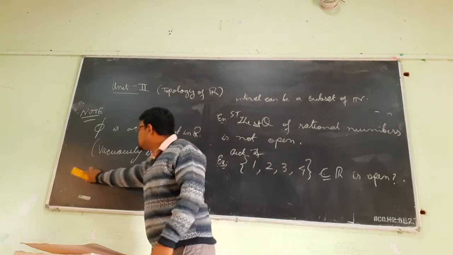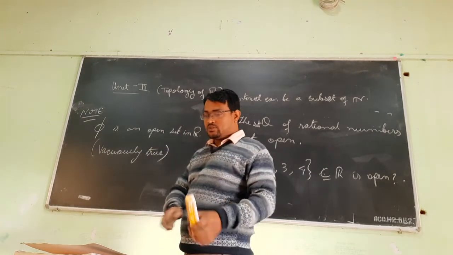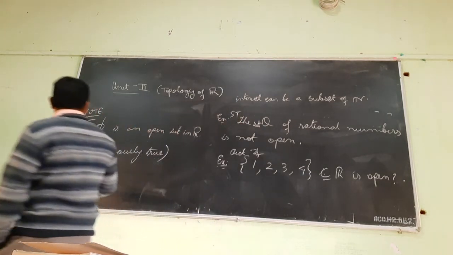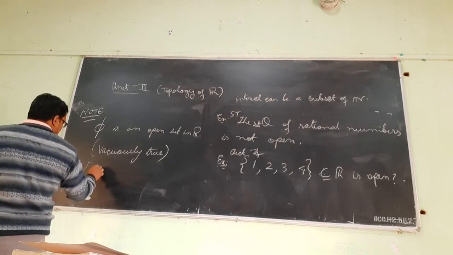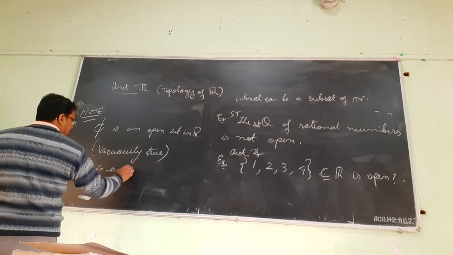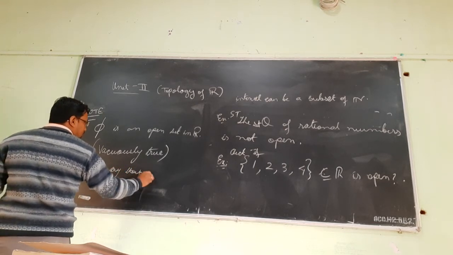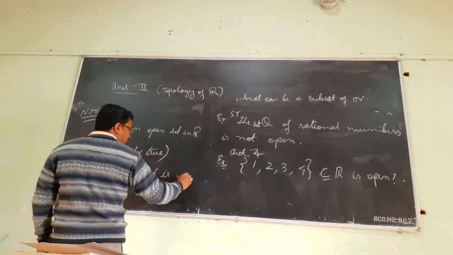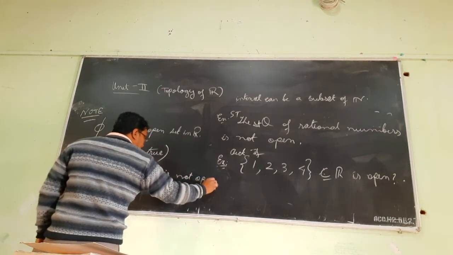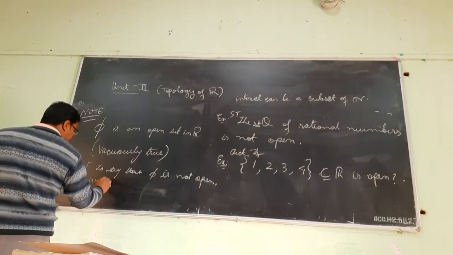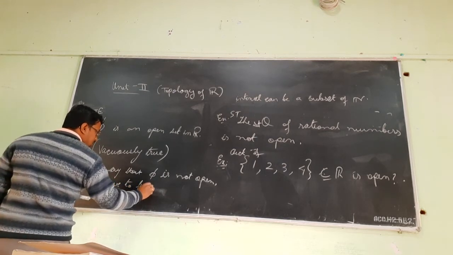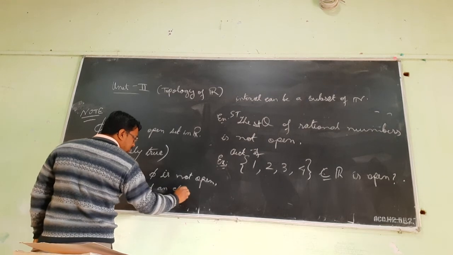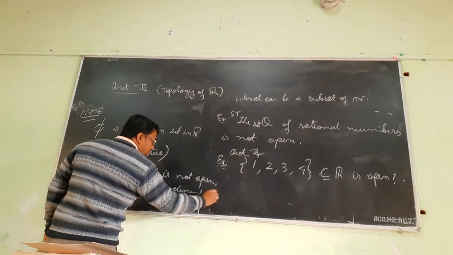Okay. So this phi is an open set. This is also vacuously true. Okay. So what is the meaning? The meaning is that to say that phi is not open, okay, if I want to say that phi is not open, we have to find an element in phi,